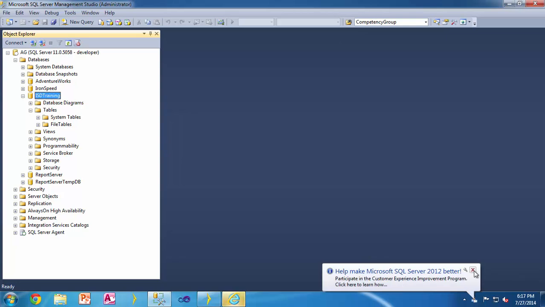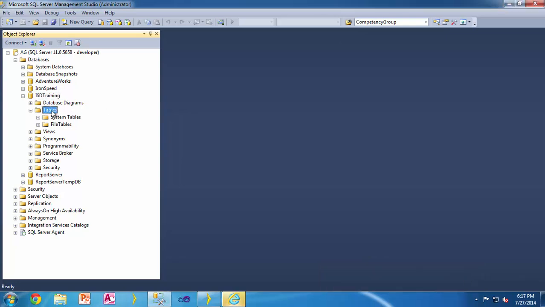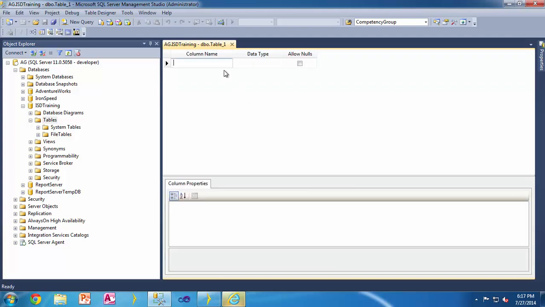Right now, it does not have any tables, and we will begin with a new table. So let's just say we want to add a table by the name customer. The very first thing you should always have in every single table is a primary key. A primary key is very vital for any database operations. Primary key is the key which makes sure that the value will remain